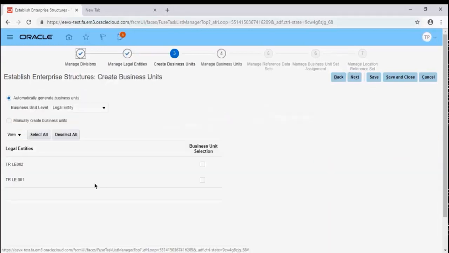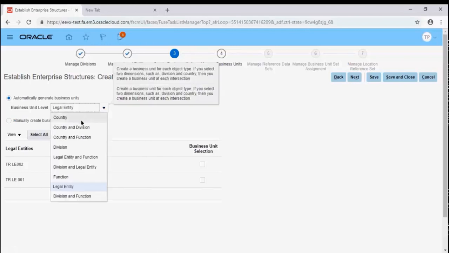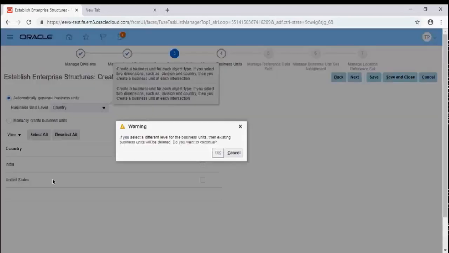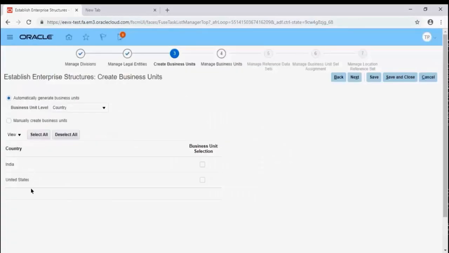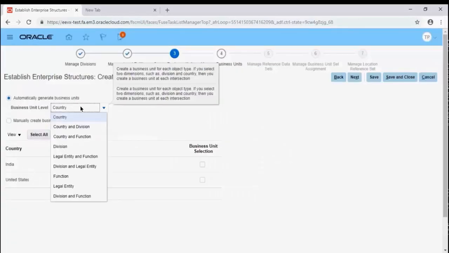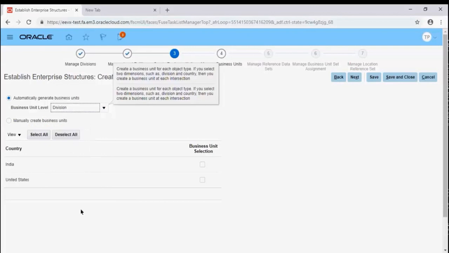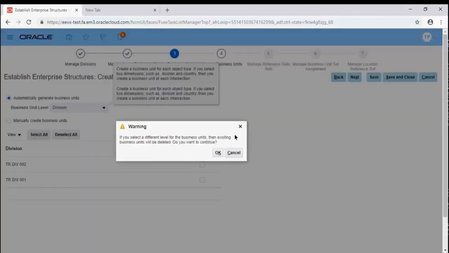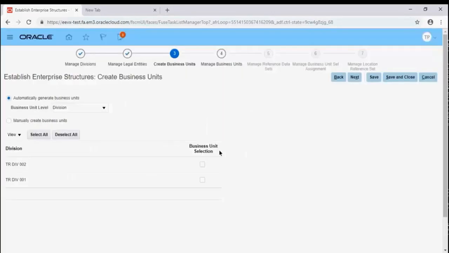Click next. The system is asking whether you want to create a business unit which is the same as your legal entity, or whether you want to create a business unit depending upon the country. It will create a business unit something like India and US. Or you can create business units depending upon your divisions. You can create the business unit depending upon different combinations. But we don't want that. We actually want to create a